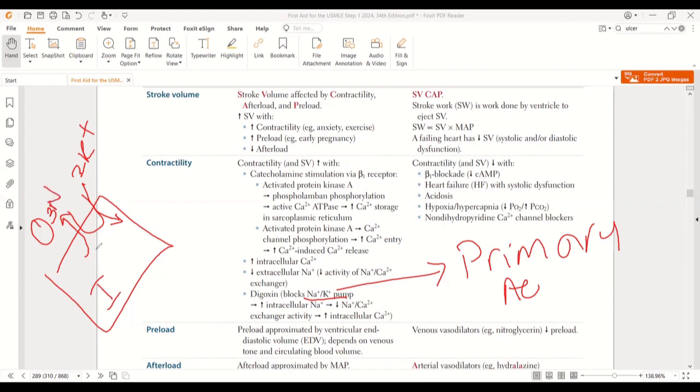So they affect another transport mechanism, that is the sodium calcium exchanger. It is an example of which transport? Secondary active transport. And secondary active transport is dependent on primary active transport. If you block this primary active transport, what will happen? This secondary active transport will be impaired, right? So this secondary active transport, what does it